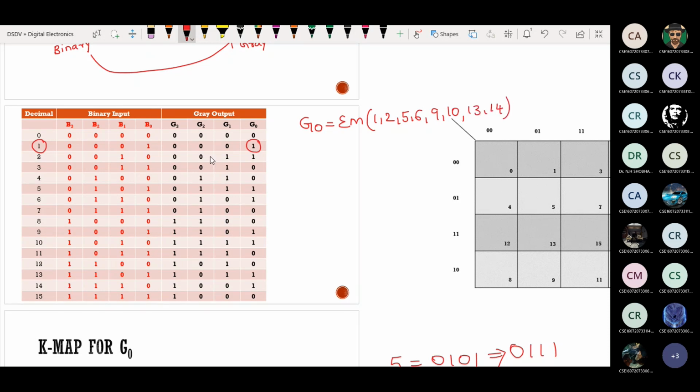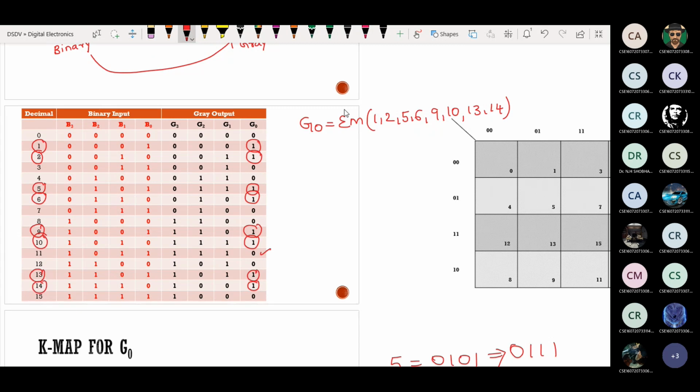Can someone confirm this? 1, 2. Next 5, 6. This is 9, 10. 11 is not there; in this position, it is 0. See 9, 10, 13, 14.